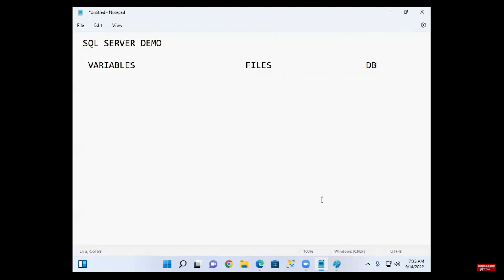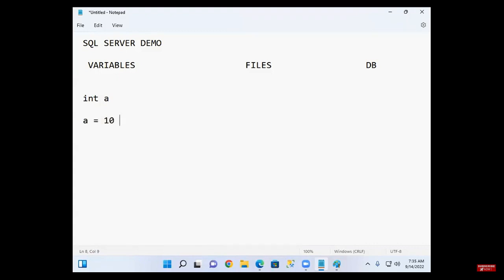Yes or no? In programming languages, you declare something like this: int a. What is int? What is a? So a is a variable. Int is a data type. A is called a variable. In a variable you can store data. A equals 10.